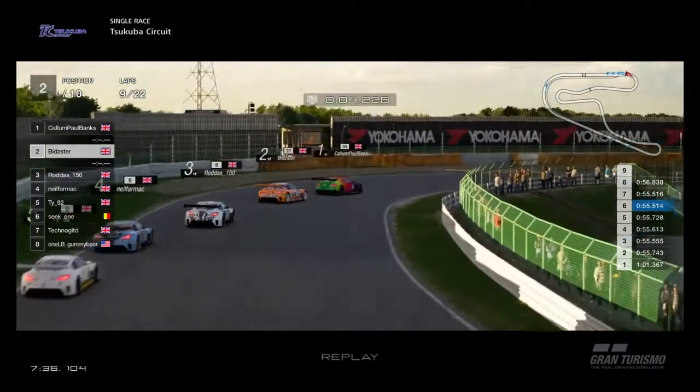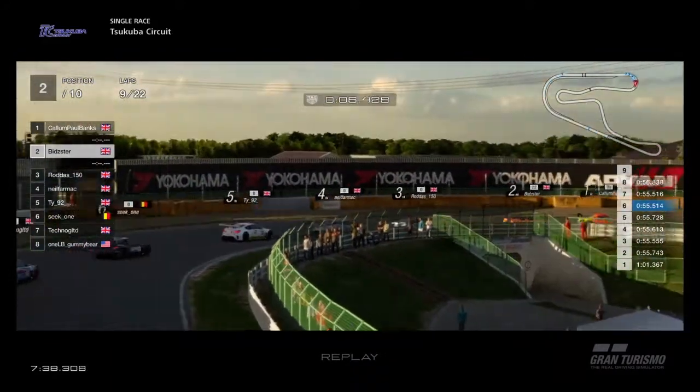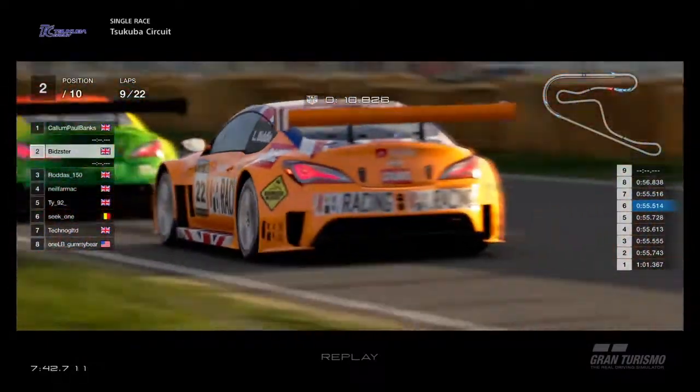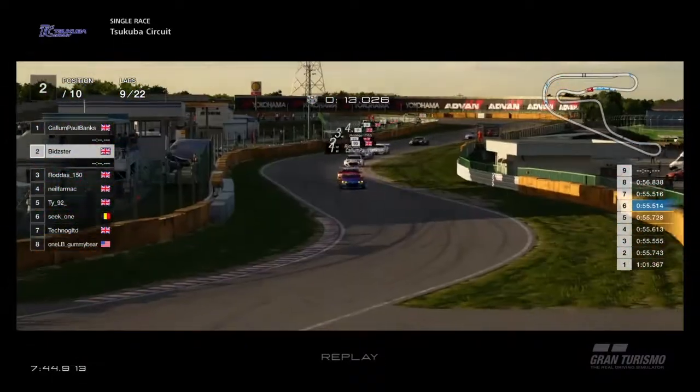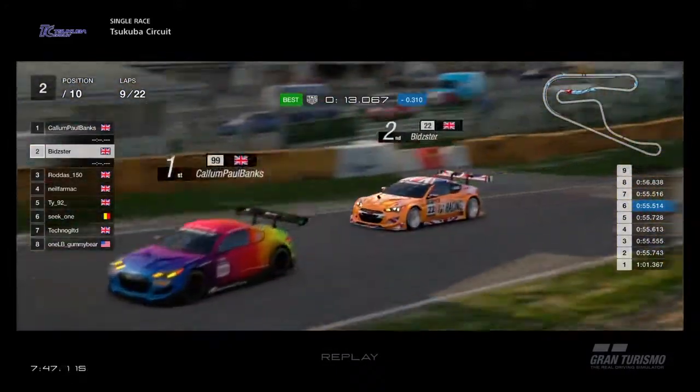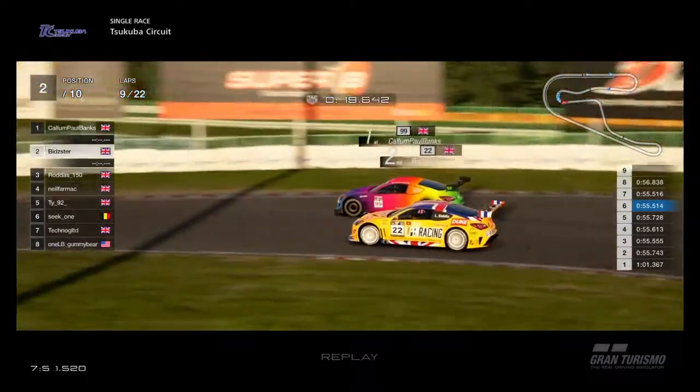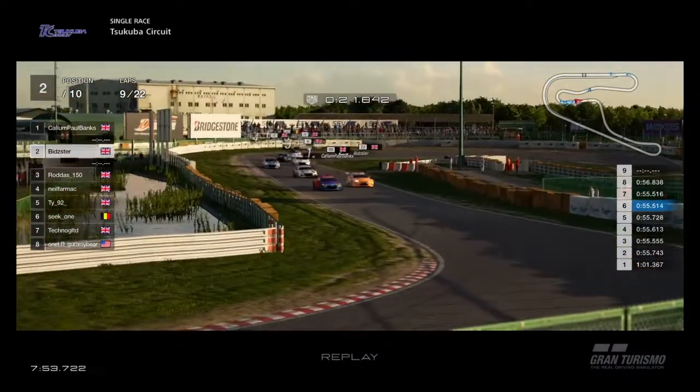Bidzster then trying to attack Callum, late on the brakes. Rodders again in a very good third place. It's a 2-3 for Team Takeaway at the moment. That's going to be good for their points haul in the team's championship. But remember, all these races are worth double points, so every single point counts. It's worth running the weight in the next week's car for the points this time, as Bidzster gets alongside Callum,